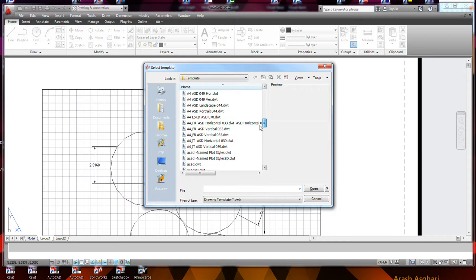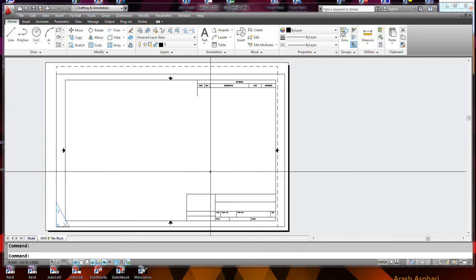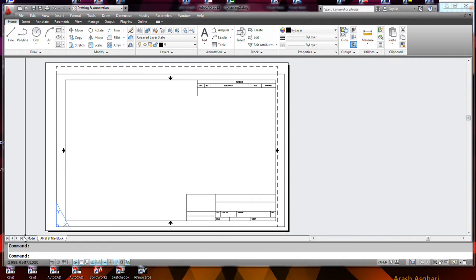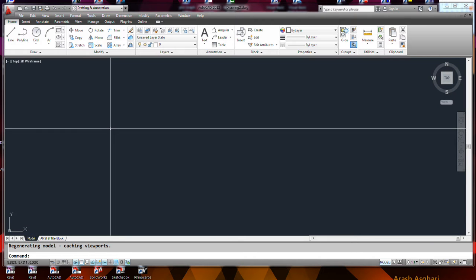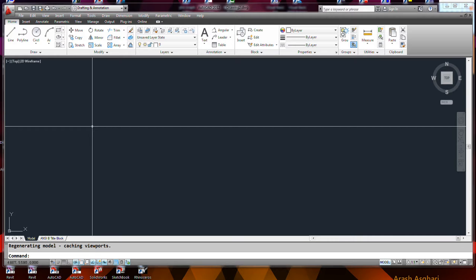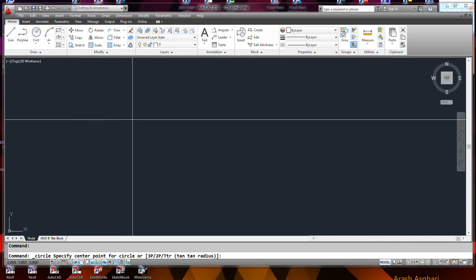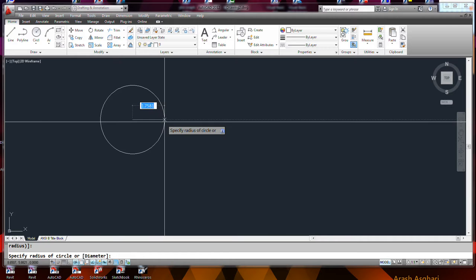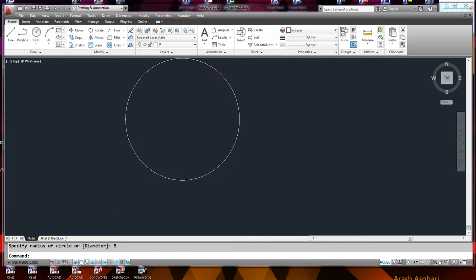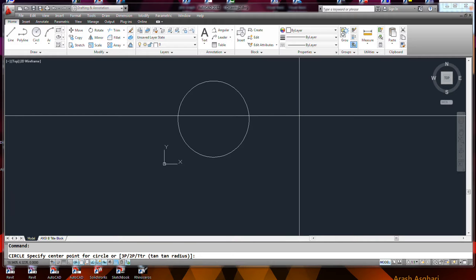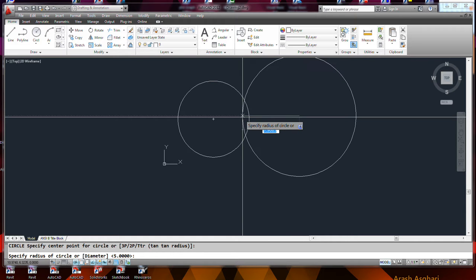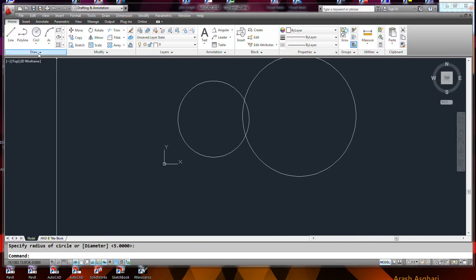So we're in the templates file here. Got all these various settings, ANSI, etc. I'm going to go ahead and just choose one of these. And oh, that's cool. So this actually comes with a predefined title block. We go in our model space. None of the stuff's set up quite the same way, but make that 5 inches. Zoom out. Put that right there, and